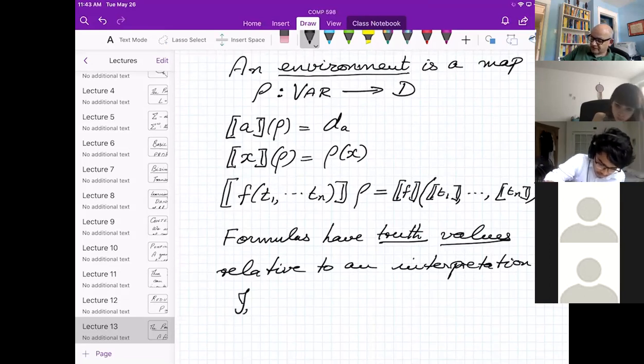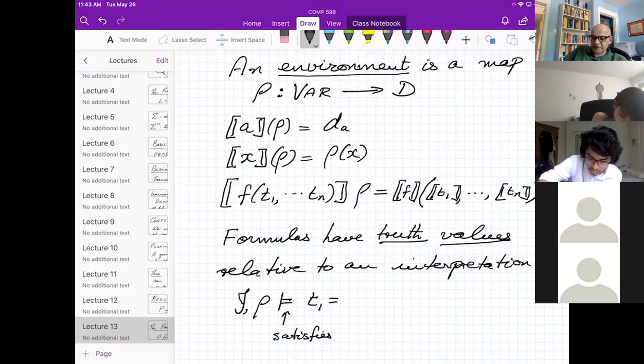So an interpretation, so I'll write script I for the interpretation and rho for the environment, because I need the environment as well. And then I'll say this formula, this means satisfies. So this interpretation satisfies this formula if this formula turns out to be true. So I'm specifying what truth means.